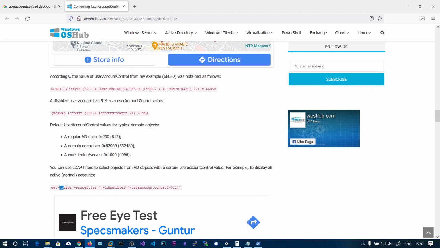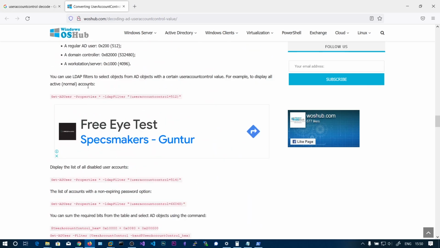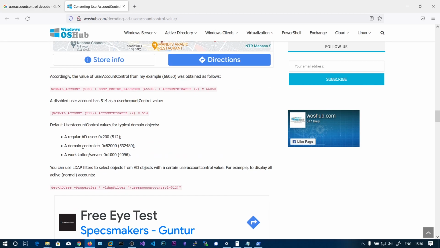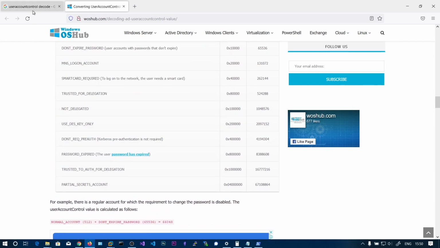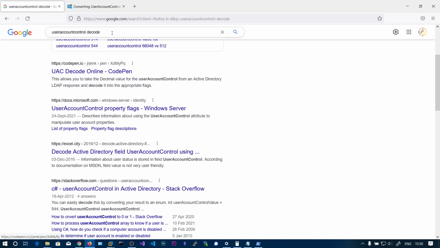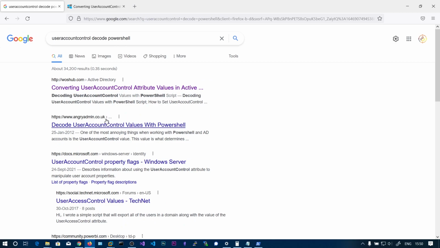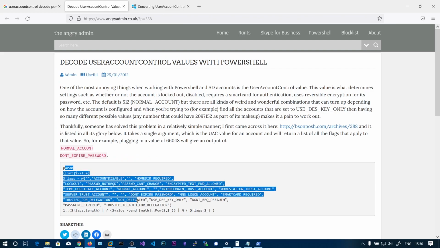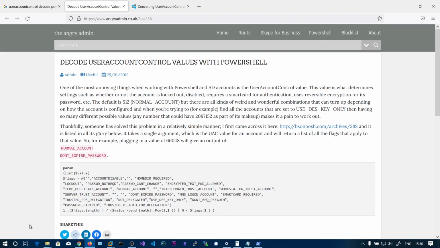You can also use PowerShell for this, but when I used it, I did not get the flags value as strings. I have found one script, and this is it. This script takes the integer as a parameter and tries to convert it. Here you can see it's a list, and for each item in the list it is trying to